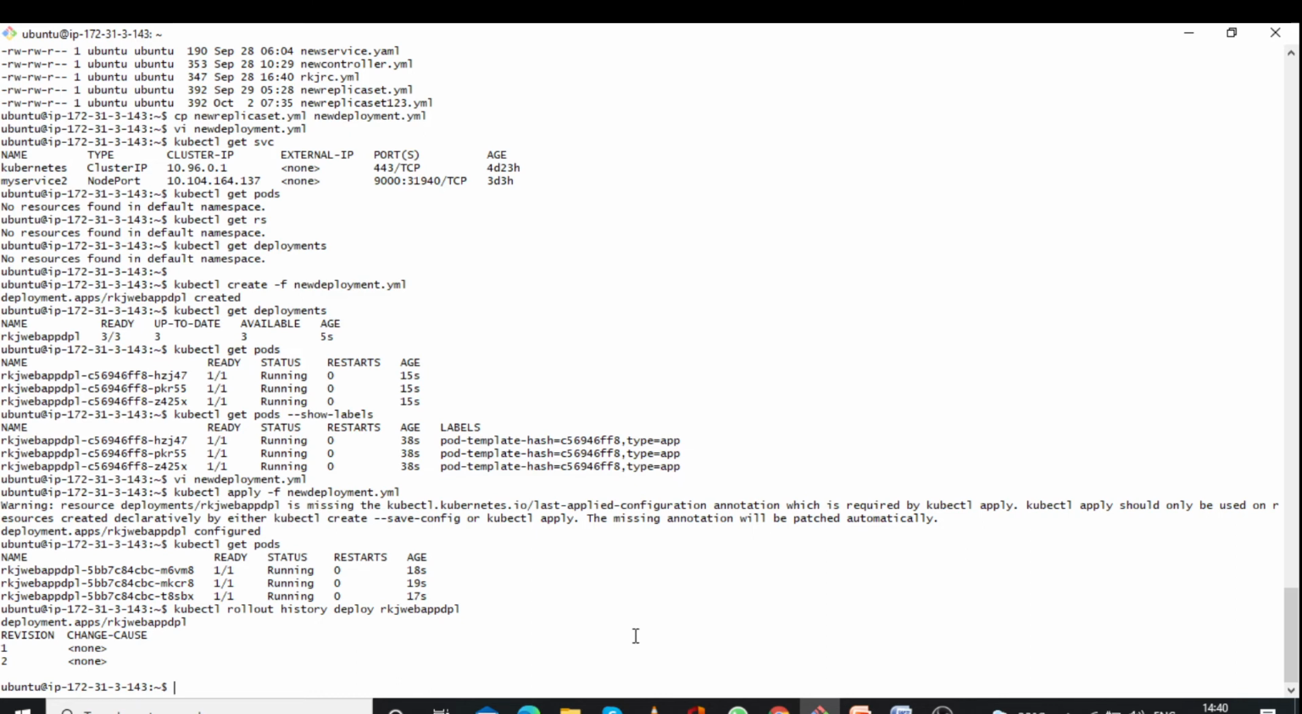If something goes wrong after the deployment, suppose after the deployment you want to roll it back. So in that case what you need to do, we have one command: kubectl rollout undo deployment, then your deployment name, so that it will revert to your just previous deployment version. Okay,